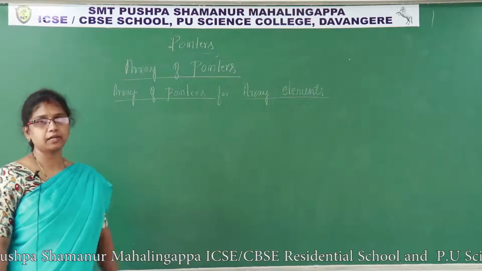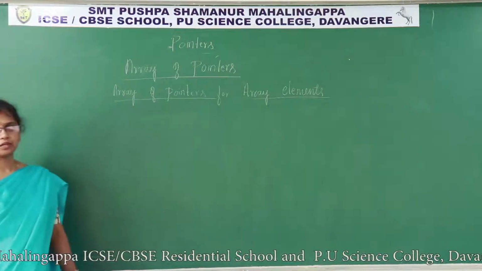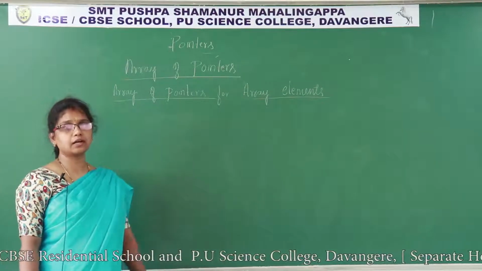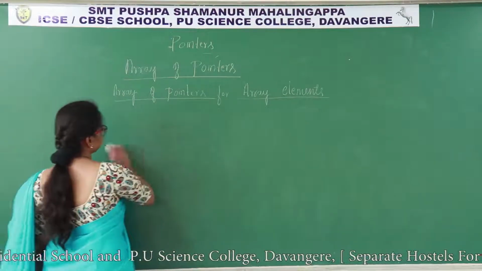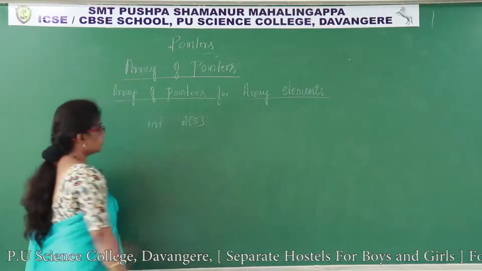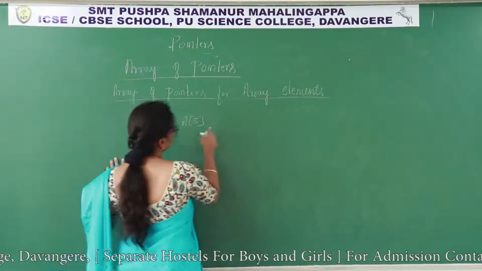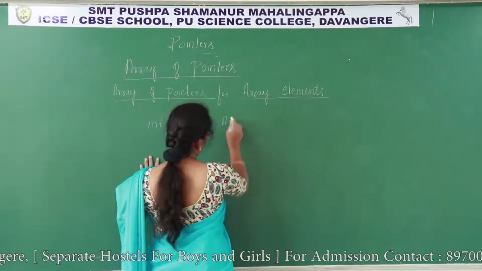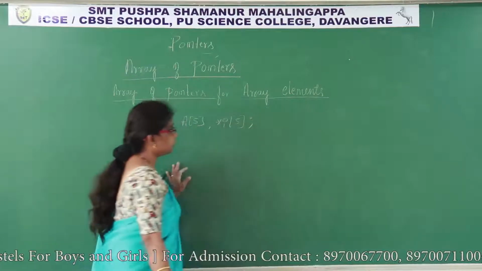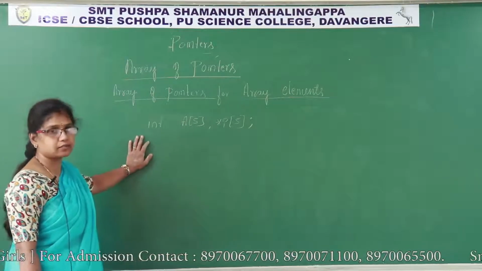Now, in the previous example, I have taken 5 different variables to store 5 integers. Now, in this program, for those 5 integers, let us consider an integer array like this. Int a of 5. This is a normal integer array to store 5 integers, and this is, sorry, I'll take star p. P is a pointer array. It stores the 5 memory addresses.